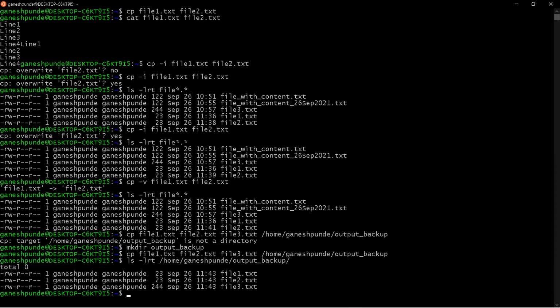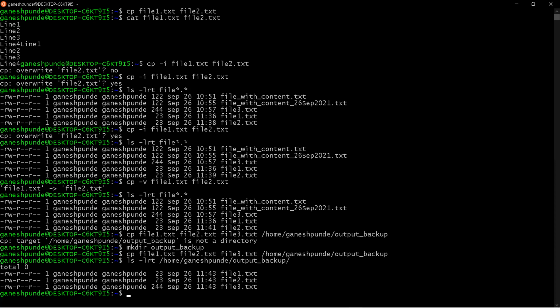So these are the options, right? If you want to confirm before overwriting the destination file, you can use the -i option to double confirm.